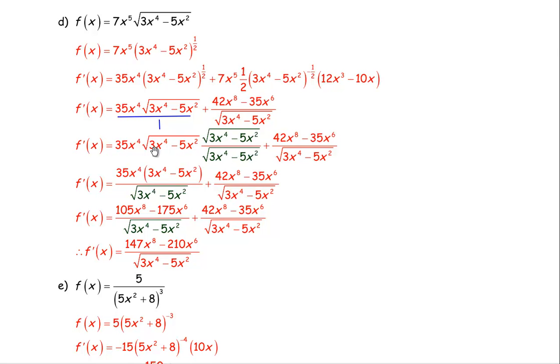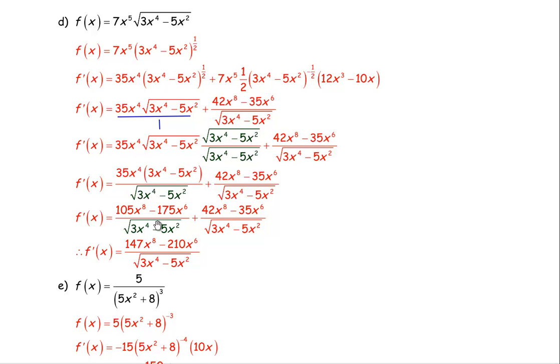So if you multiply the root of 3x to the 4th minus 5x squared by the same thing, well, you get what's underneath the root. So basically it's 35x to the 4th times that. So if you multiply the 35x to the 4th by both of these, this is what you get, plus this. Now, they're both over the same denominator, so I could have written it over one denominator, and then